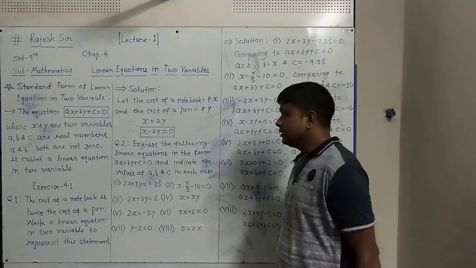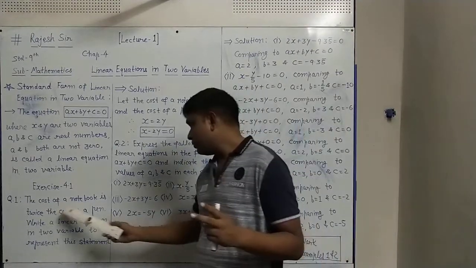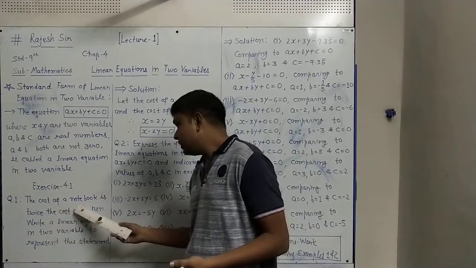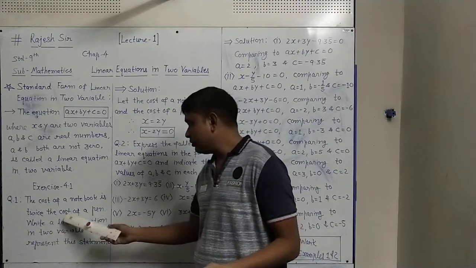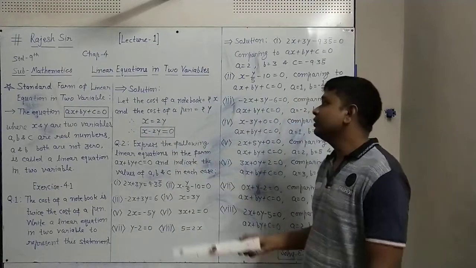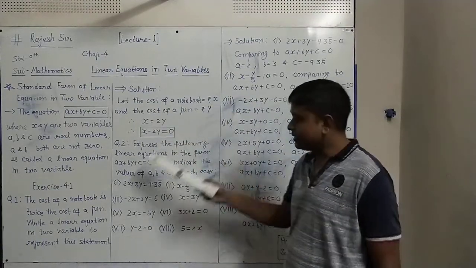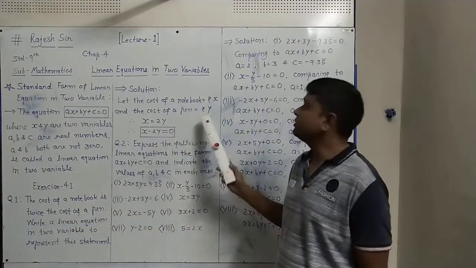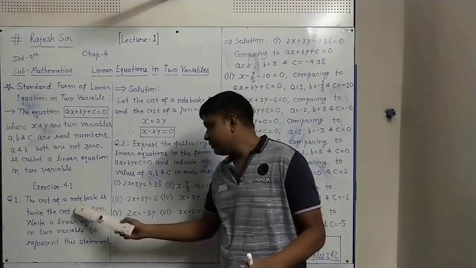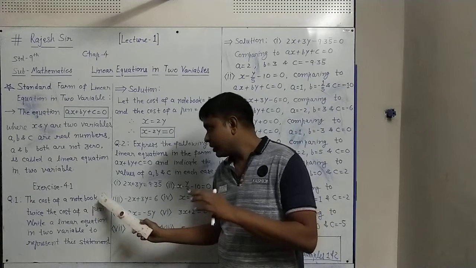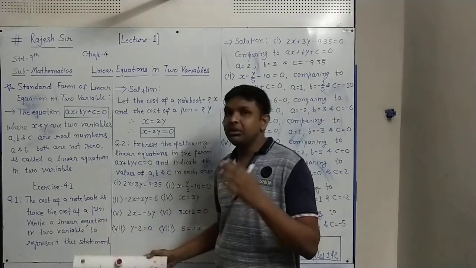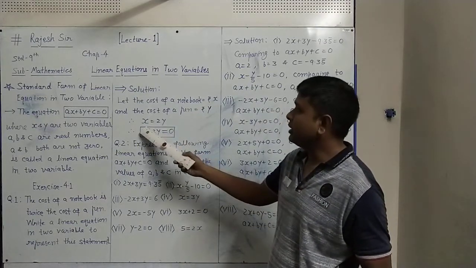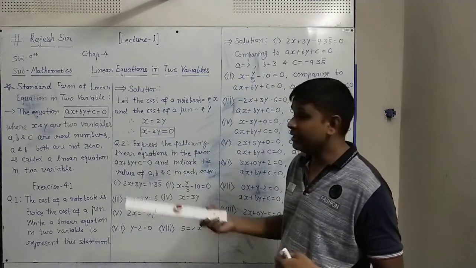Very simple it is, because here two things are given, the cost of a notebook and the cost of a pen, and we need two variables also. So one of them we will take as x and the other as y. Like in the solution, let the cost of a notebook be rupees x, and the cost of a pen be rupees y. As in the statement given, the cost of a notebook, that is x, is twice the cost of a pen, that is y, means x is twice of y. So x equals twice of y. Can be written mathematically as x equal to 2y.